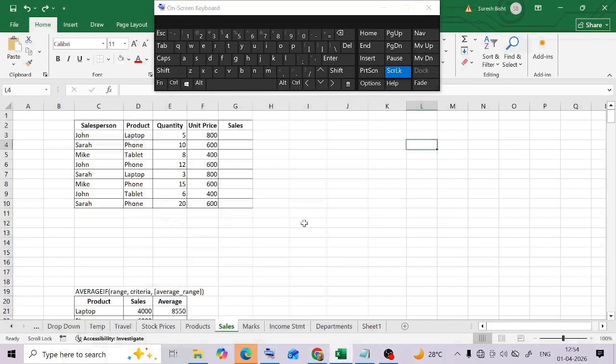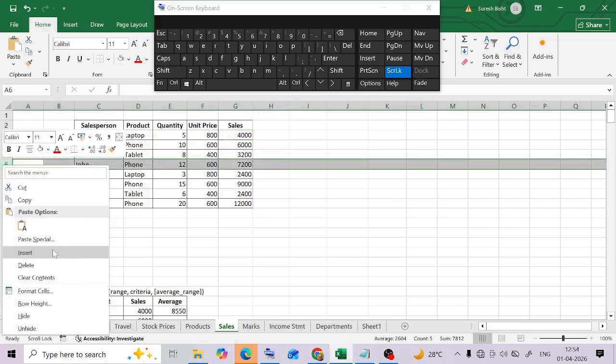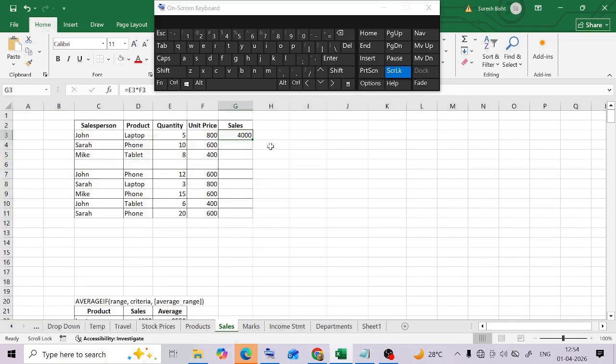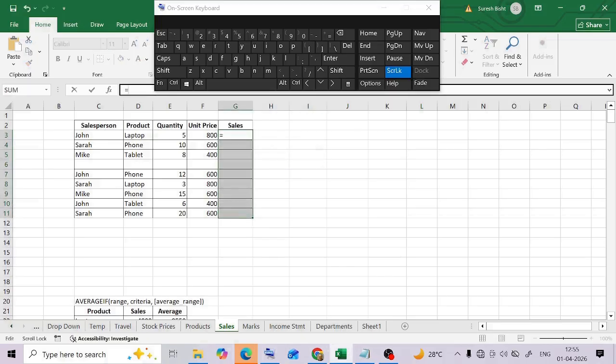Next, we'll take a look at the Control plus Enter shortcut. So let's say I multiply quantity by unit price. Now I can flash fill the other cells. However, if there's a blank row in between, the flash fill will not copy across to all the cells. It will break where it finds a blank row. So I'll do flash fill. You see it stops here. So instead what you can do is, I'll delete this, select all the rows, say is equal to